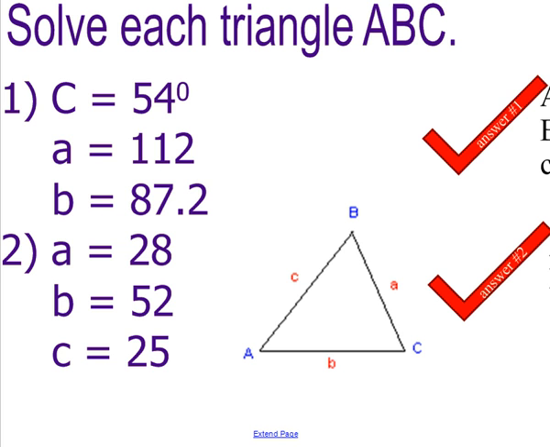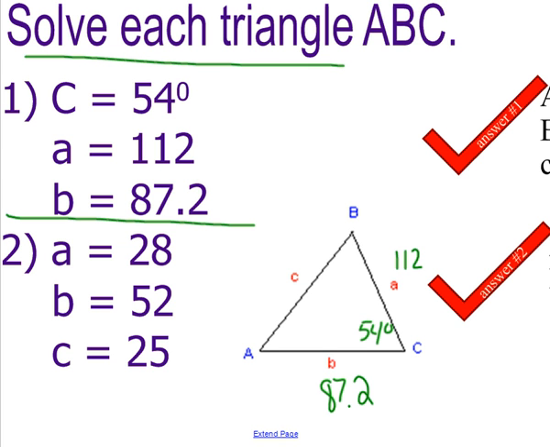Okay, so we've got angle C is 54 degrees. So we're just using this first one here. Side A is 112. Side B is 87.2. So this is the hard part, trying to decide, okay, should we use law of sines? Should we use law of cosines? How do we go about it? By the way, solving each triangle means finding all the missing sides and all the